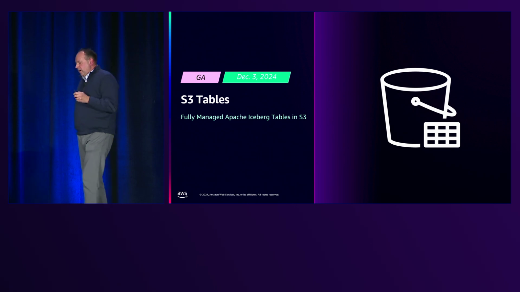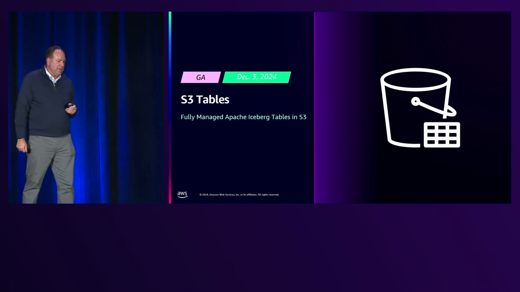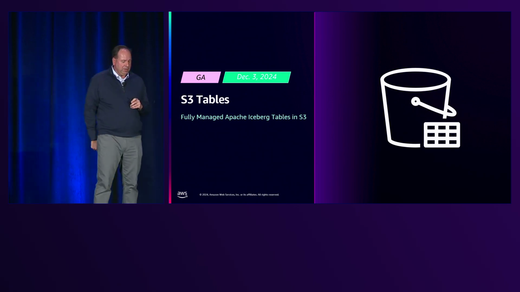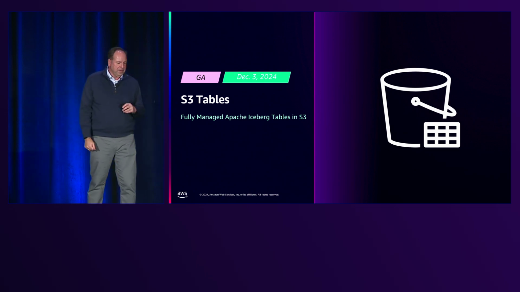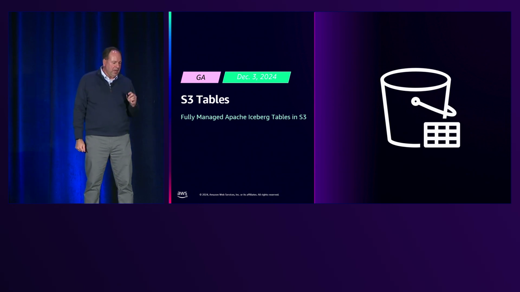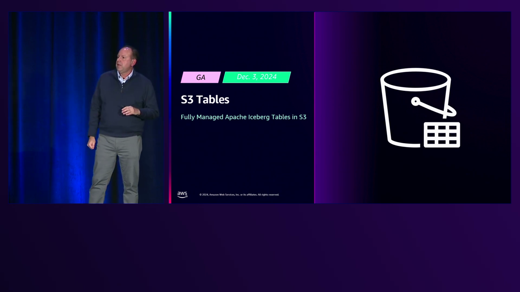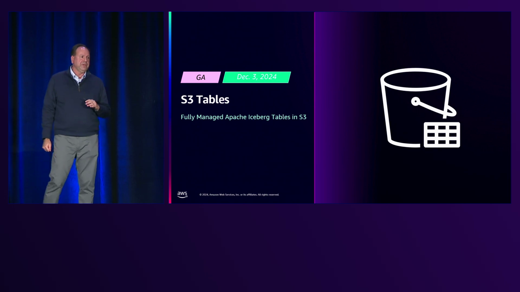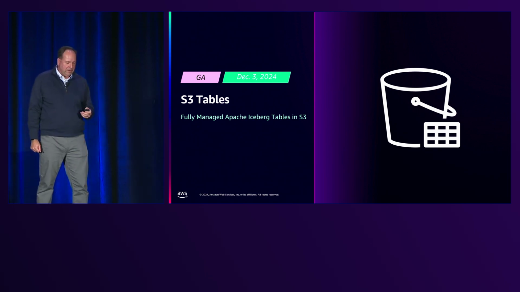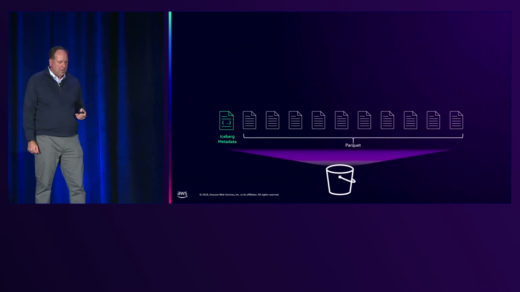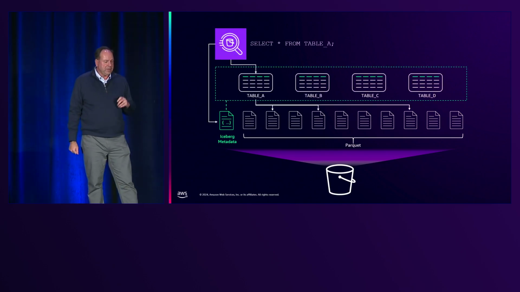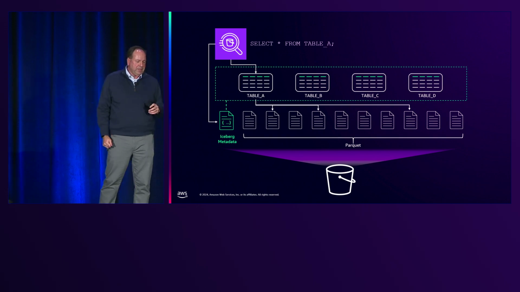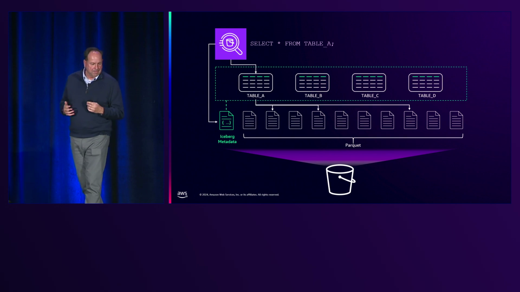But today we had a very big announcement in the earlier keynote this morning, in Matt Garman's keynote, and that is the introduction of S3 tables. These are fully managed Apache Iceberg tables in S3, and QuickSight can connect to these tables that we have now inside of S3. So just in terms of what was new that was announced there, it's outlined in green here, but effectively we have these new S3 tables that work with Iceberg metadata.